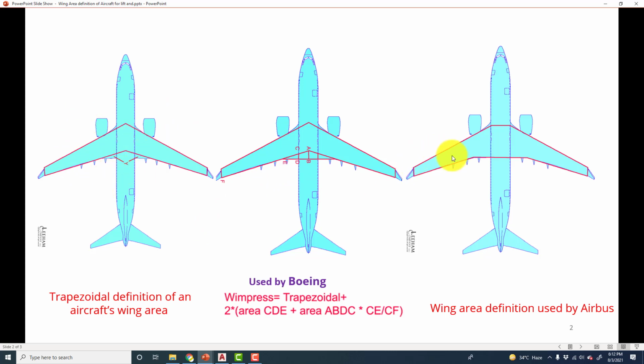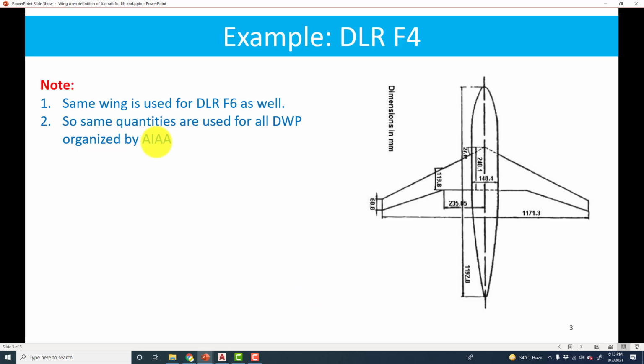Then we have the third definition, by Airbus. In that case, basically up to the fuselage we extend the lines, and then from here we just make a straight line. And similarly up to this slope we have one line, then we just follow the wing and make this area, and then you have to compute this whole area, and this will be the definition of the wing reference area for that case. So whatever area you're going to use, this will be the maximum area, the second maximum area would be this one, and this will be the least area, and the difference might not be more than maybe 5%.